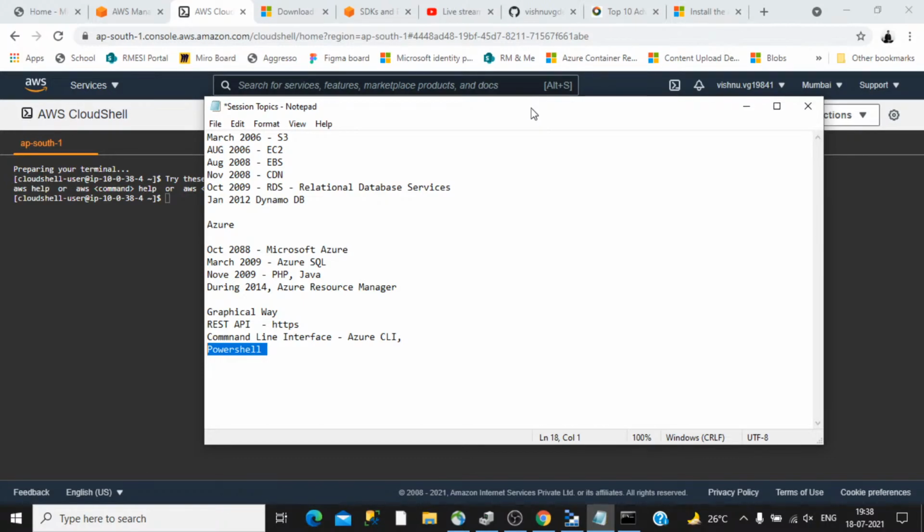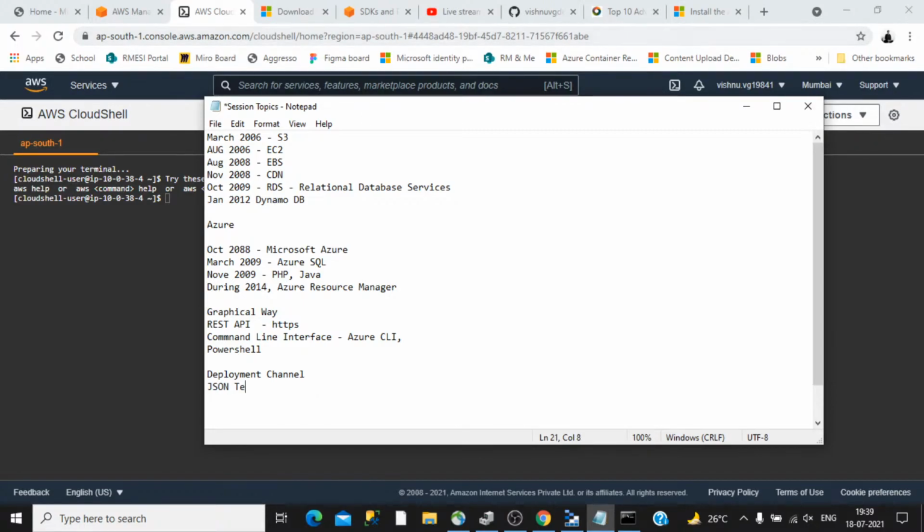So we are now discussing some of the ways of interacting. Now the deployment models: once we have a particular website or something, we can check how to deploy that using these cloud vendors. So different kinds of deployment models are supported.